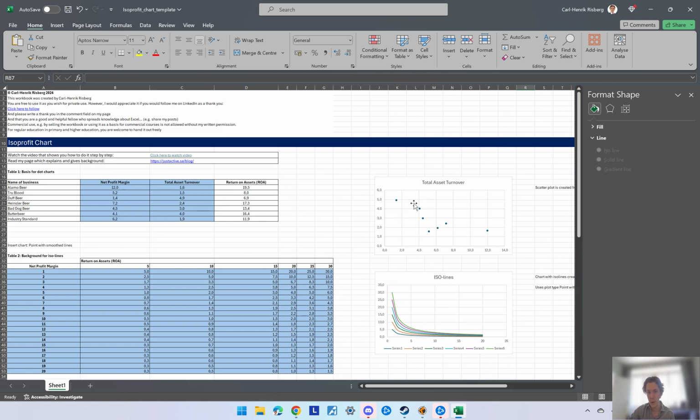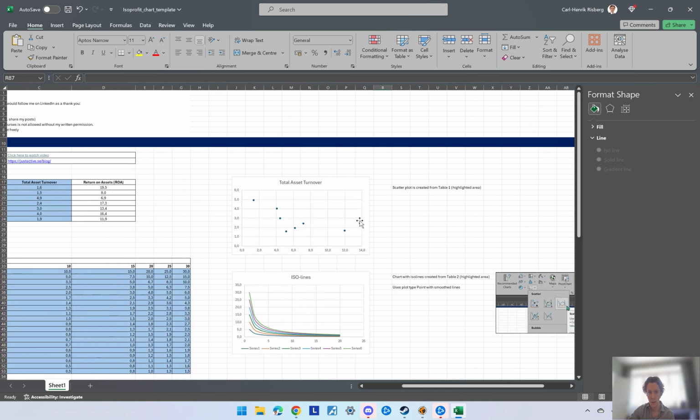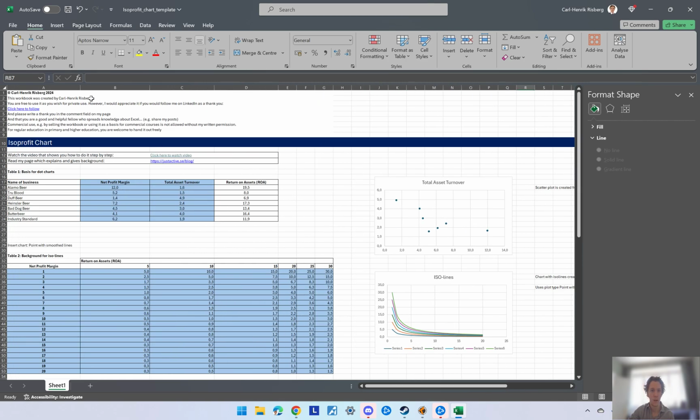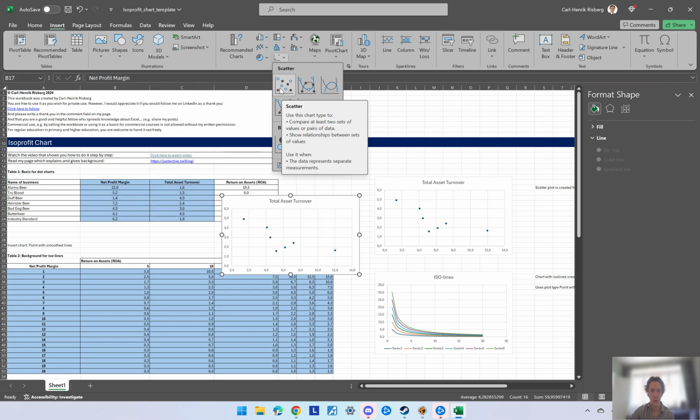Second step, create a scatter plot, as you can see here to the right. And I've inserted a picture and then some easy instructions, but I'll show you. So I've marked the area that you need to mark. Press insert, you find the chart tab here, and you have the first scatter plot. And as you can see, it's a perfect copy